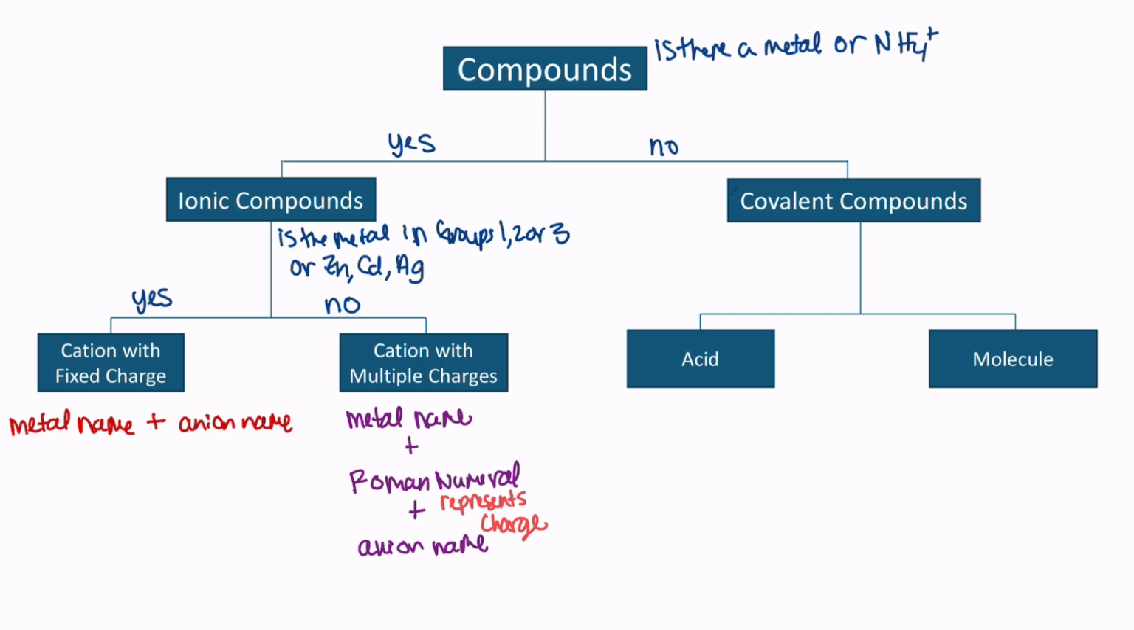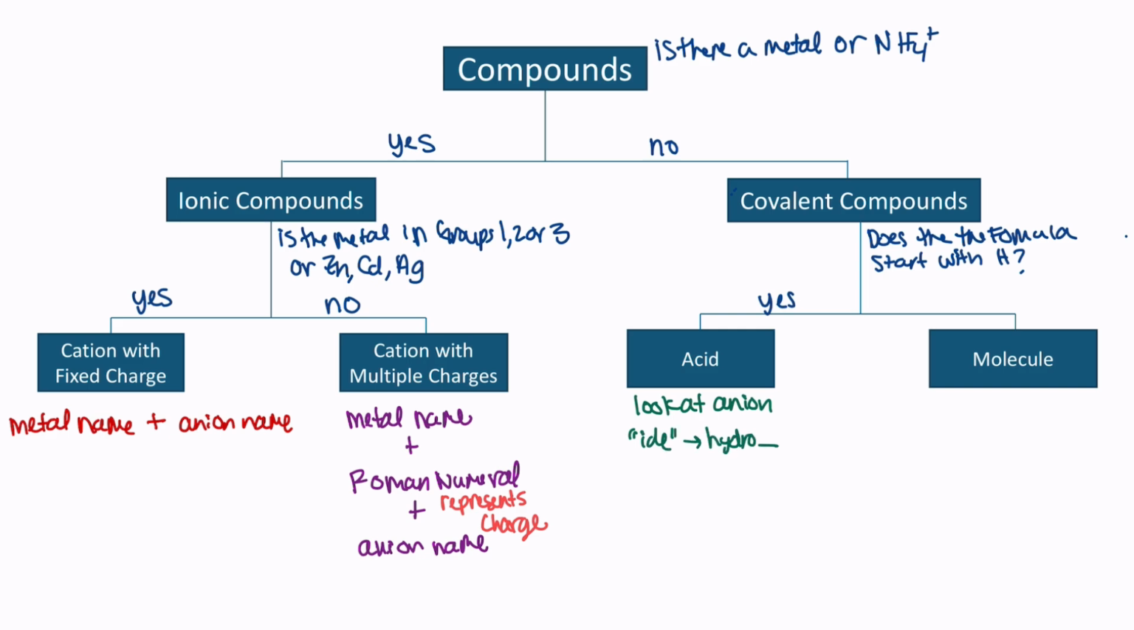If the answer to that is no, then you're dealing with a covalent compound. The next question you want to ask yourself is, does the formula start with H? Remember, start with H, not contains H. If the answer to that is yes, then you're dealing with an acid. And when you're naming acids, you want to look at the anion. You want to look at the anion that is present in the molecular formula and name the acid according to that. Remember, if the anion ends with "ide,"